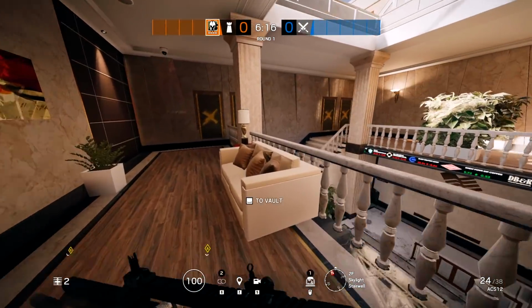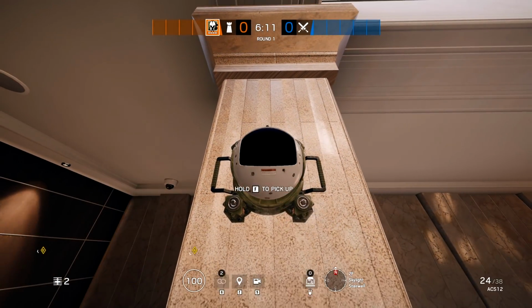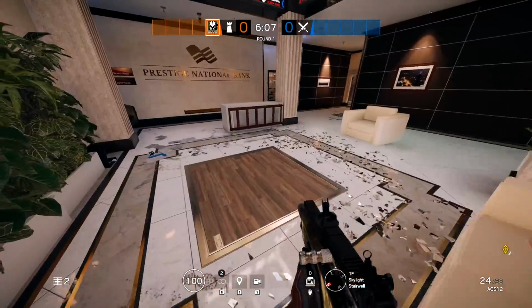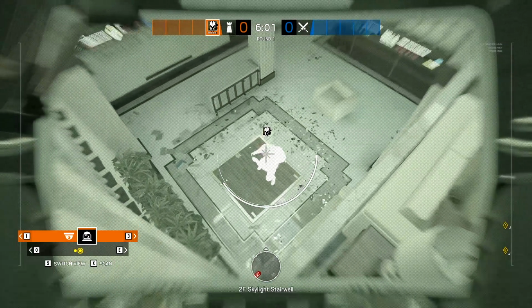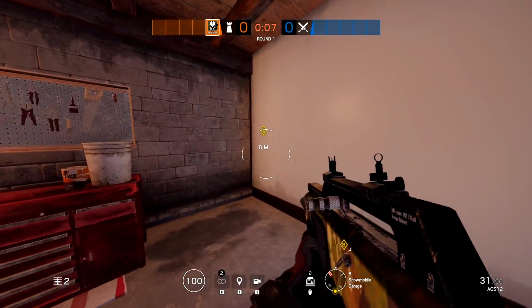Now lastly on Bank, I wanted to point out that you can actually put a Maestro up on this, and I didn't pre-record this or anything when I was trying to figure all this stuff out. I was just running around Bank trying to figure everything out. This Maestro is actually very useful for overseeing everything that's going on in here. And let's say if you open the hatch, you might be able to see all the way down into servers. Now moving on